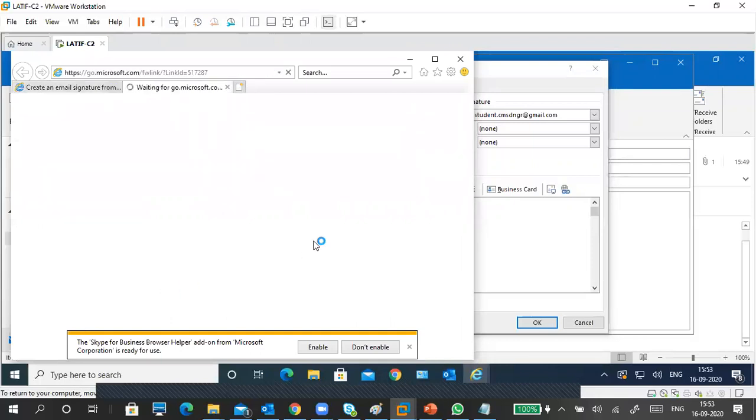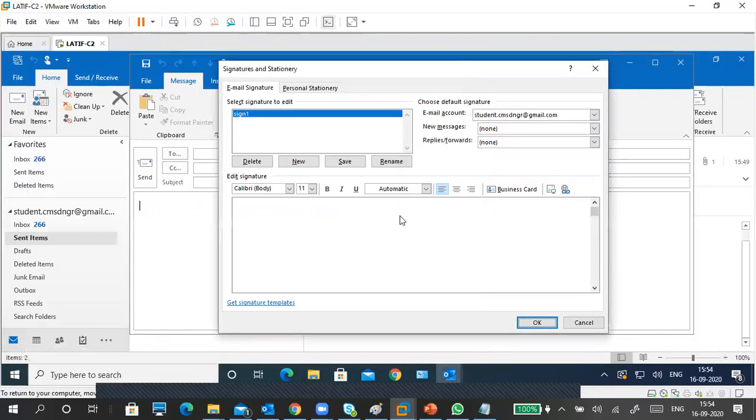Get a template, something is showing, but all these things will take a lot of time to load, so I don't want to use any other things. So I will put, it's my mouse, it's not stable. Thanks and regards, Latif.